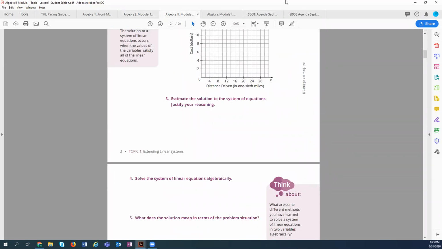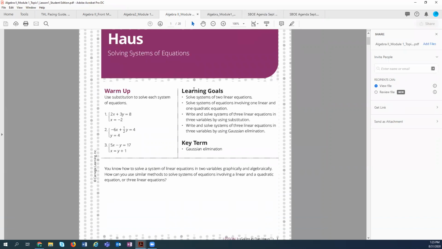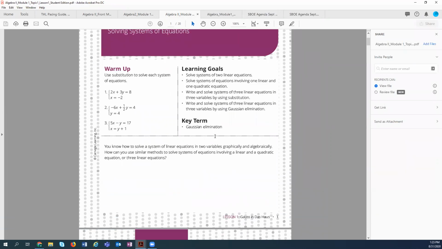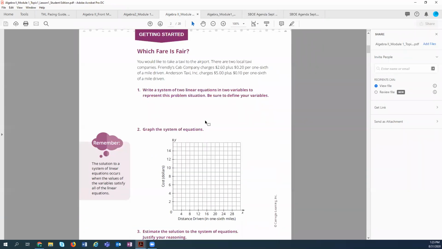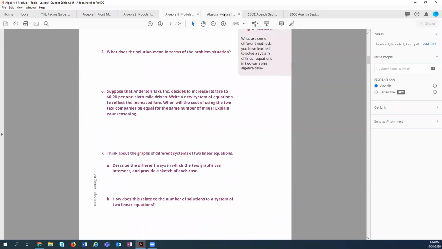The student materials will be those fillable PDFs once they're on the full digital platform, but for now you can actually see our PDF forms of the materials that students would be interacting with.